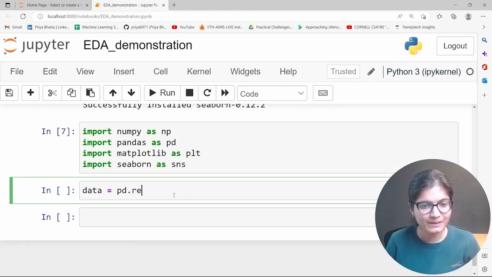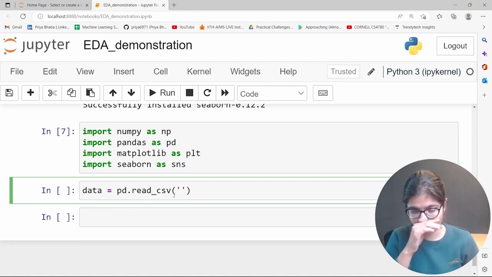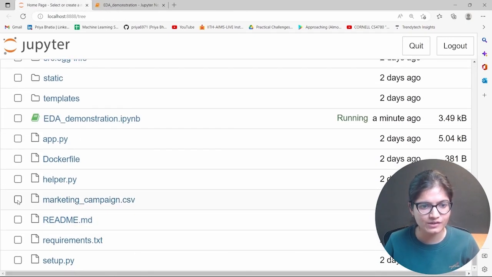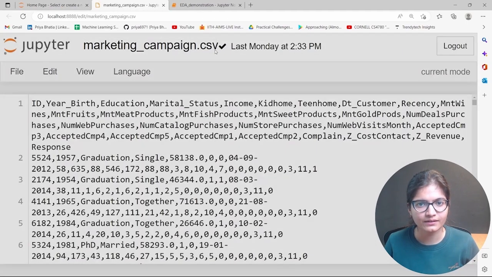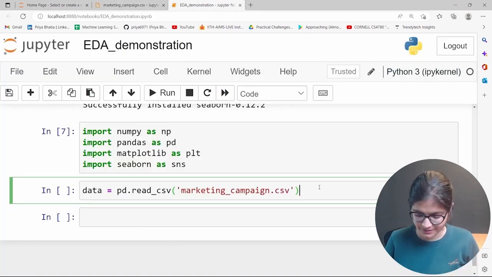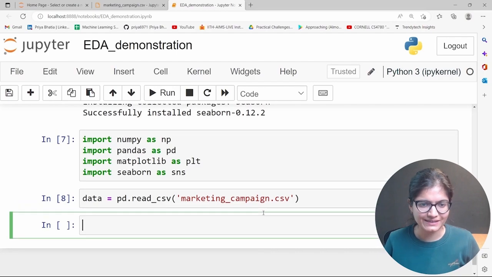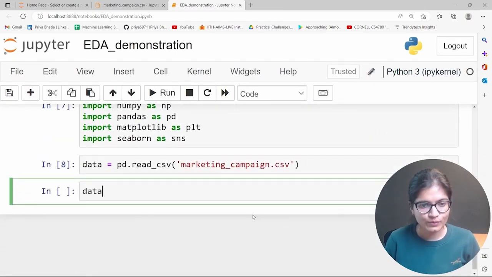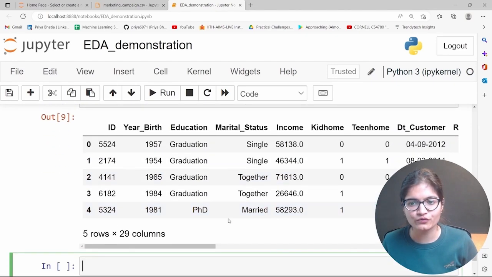Yes. So it will be pd.read_csv. And here my file name is, I think, if I'm not wrong, marketingcampaign.csv. Can I just have a look at that? I'm just copying the name. So this is how we can read the data into our dataset. I hope everyone knows these things. Now we can say data.head and we will be able to capture the topmost 5 records.